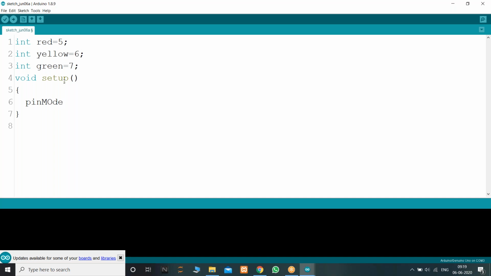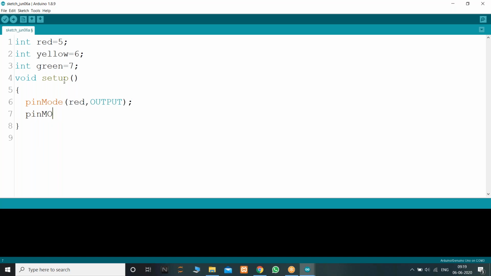So for this, pinMode red comma OUTPUT. That's why I'm defining it as an output, and then pinMode yellow is also an output. Green is also an output.